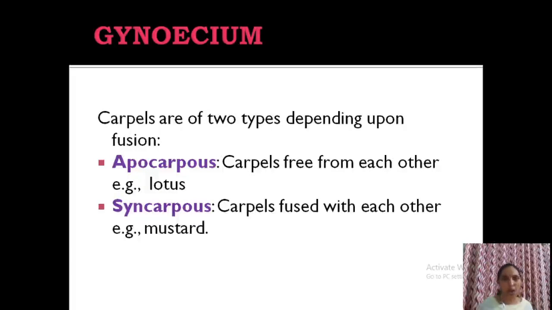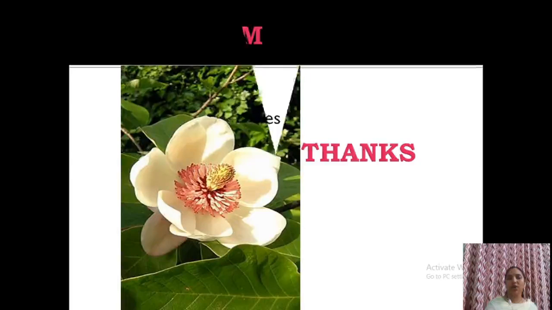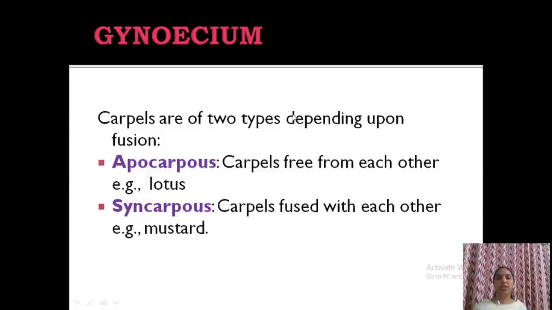Clear? Now the next one is gynoecium. The unit of gynoecium is what? Carpels, having 2 types, apocarpous and syncarpous. Apocarpous means carpels are free, syncarpous means carpels are united. Like the 2 conditions we described, gamosepalous and polysepalous, in the same way here, apocarpous and syncarpous. The unit of gynoecium is the carpel. If carpels are free, they are apocarpous. If they are united, you can call it syncarpous.